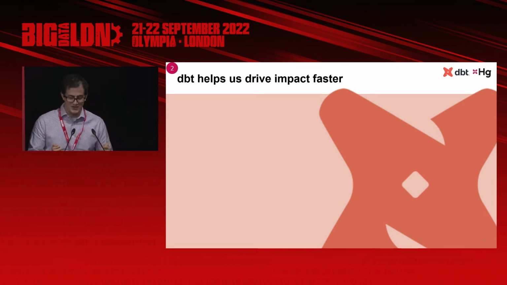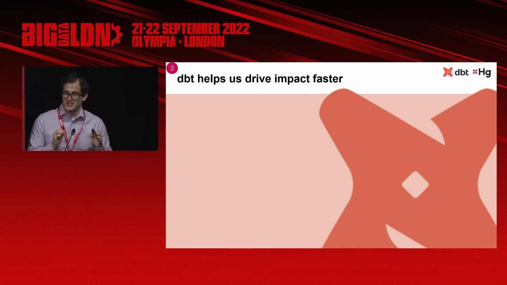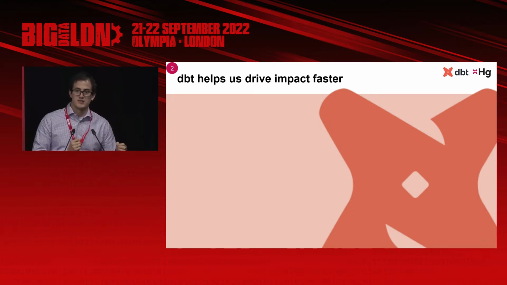So what does that really mean? It comes back to the points that Ernesto mentioned, which I should be able to remember. So that's things like collaboration, velocity, and quality. I got them all. But for me, the main differentiator, the game changer there of what DBT is doing for us is bringing well-known software engineering best practices to the modern data stack, to data transformation.